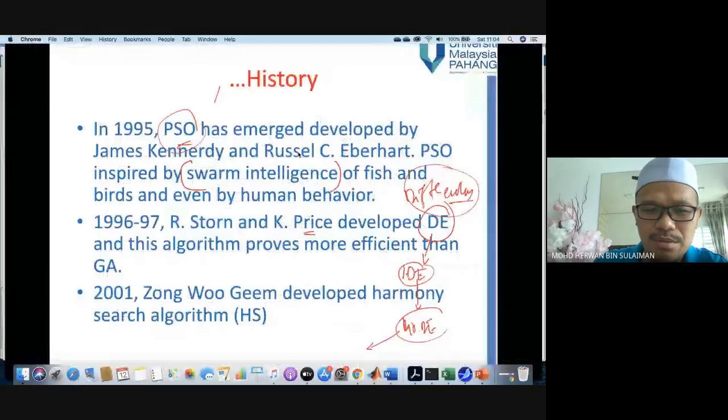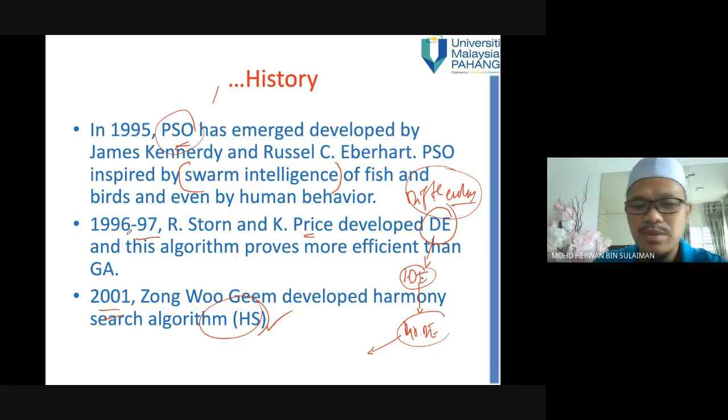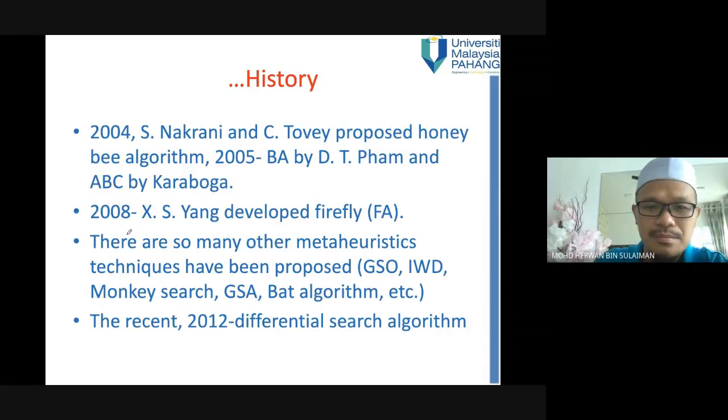Okay, so that's what happened. So 1996, 97, DE, and 2001 we have harmony search. Okay, all I can say is that I have tried to implement all of these algorithms to solve problems, especially in economic dispatch. Okay, 2004, Nakrani and Tovey proposed the honeybee algorithm. So for bees also there is a lot of research that has been implemented. There is ABC, artificial bee colony. BA is from Pham, D. T. Pham from the UK, I think. ABC is